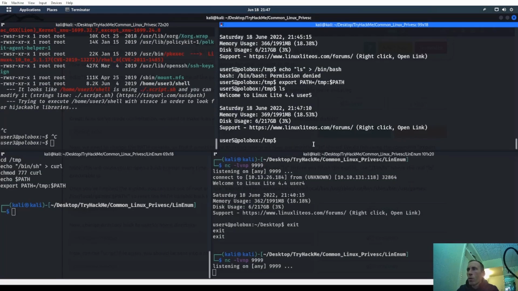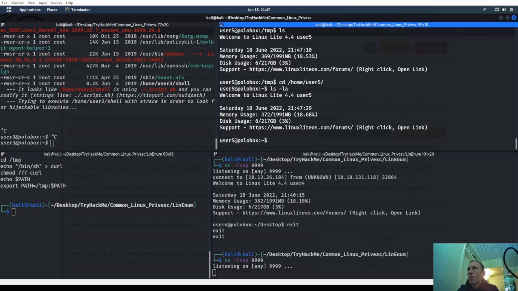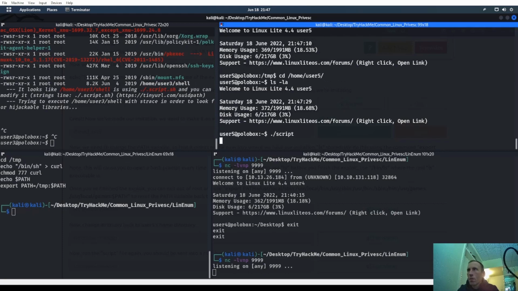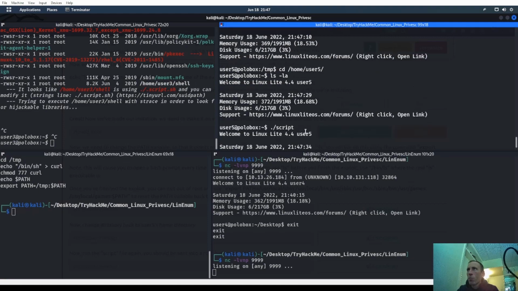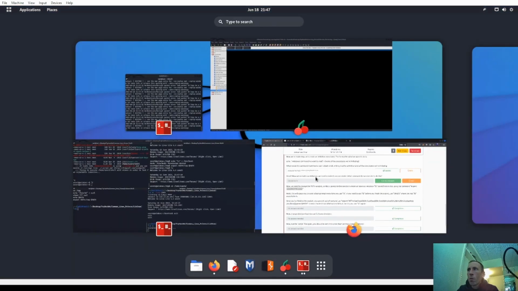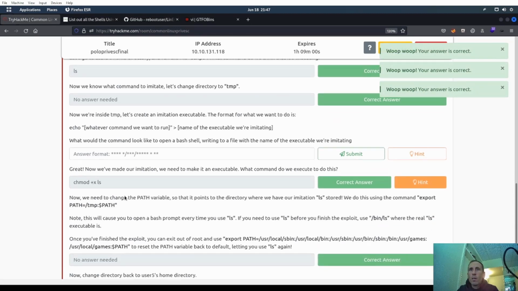So now if we go back to the other guy, we run it, we should become root, I believe. So if we go to cd /home/user5, oh, I forgot what the thing was called. Script. And yeah, we are root now. So that did work. But what I'm confused about is what